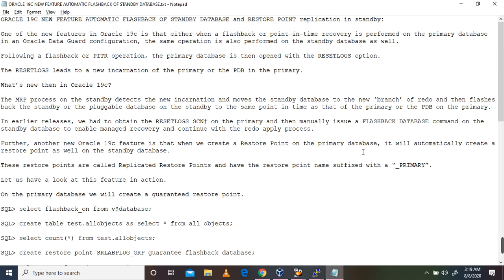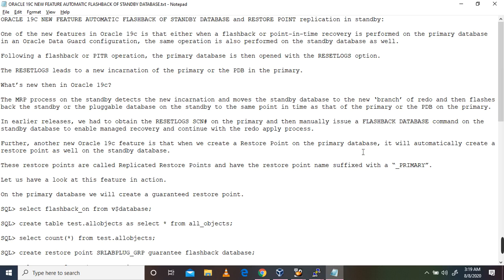One of the new features in Oracle 19C is that when a flashback or a point-in-time recovery is performed on the primary database in an Oracle Data Guard configuration, the same operation is also performed on the standby database. Earlier, if the primary database was restored or recovered to a point in time, or flashed back, we needed to rebuild the standby database.